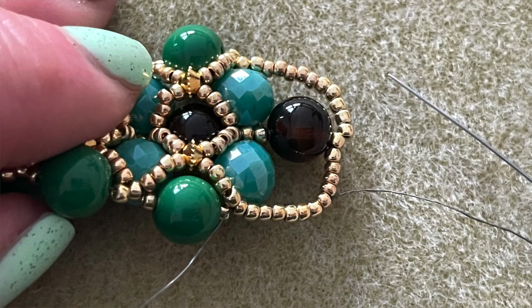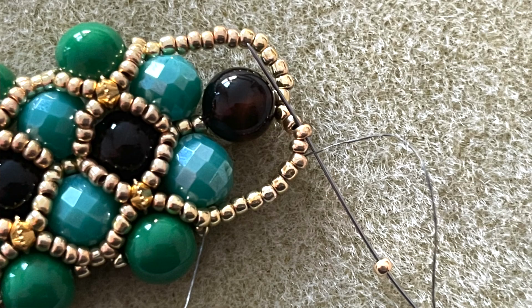So here you can see that I'm bringing my thread up through all those seed beads that I had put at the end of the bracelet. Here in this frame, I am 4 11/0 seed beads away from that center 11/0 seed bead on top of the 8mm black agate. So back from there, and I'm going to miss that 4th one and go into the next one, adding an 11/0 seed bead first and then going into the next one, as you can see here in this frame,